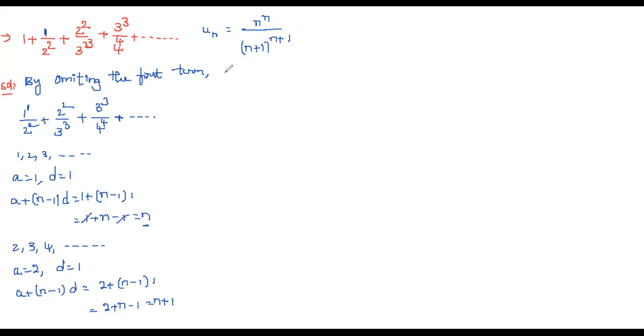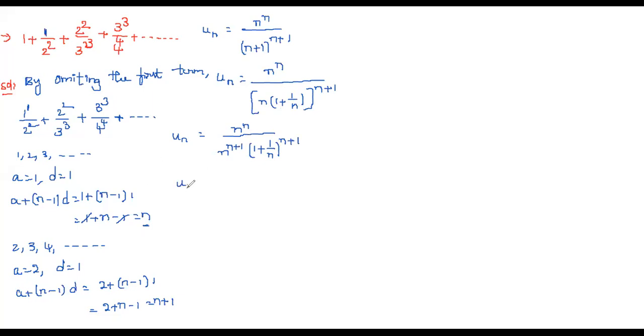Okay. Now, is it possible to take v n from this or not? For this, first we need to simplify this. So n power n into, and here it is n plus 1 whole power n plus 1. I'm taking n as common from this. If we take n as common, what will we get? n into 1 plus 1 by n whole power n plus 1. So that is u n equal to n power n by, if you observe, this is in the form of (ab) whole power n. That is nothing but we can write it as n power n plus 1 into 1 plus 1 by n whole power n plus 1.